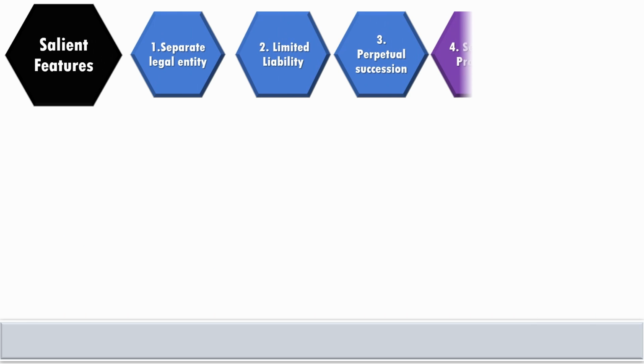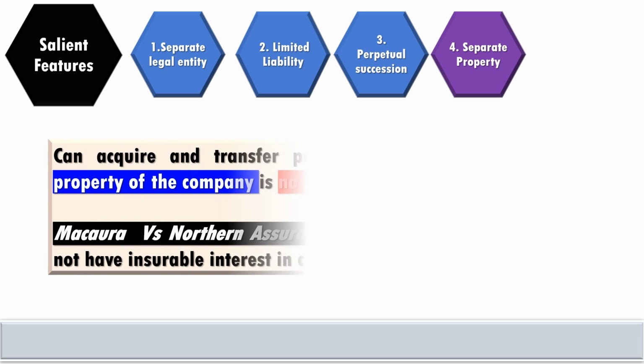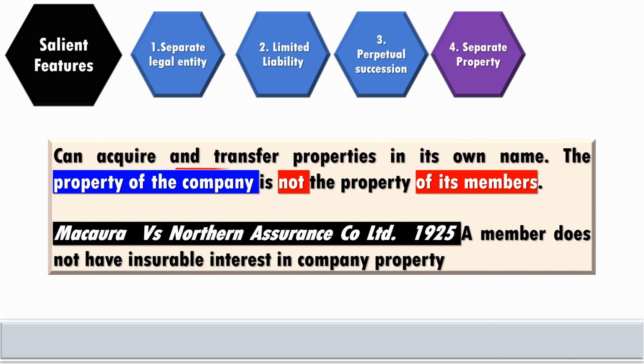Company can have property in its own name under the feature of separate property. Its properties are not that of the member. In Makaura versus Northern Assurance Company, company's timber was insured by one of the shareholders who held majority of the shares. On the timber being lost, insurance company refused to pay compensation to the member for the simple reason the property was in the name of the company, not in the name of the member, and hence he cannot have